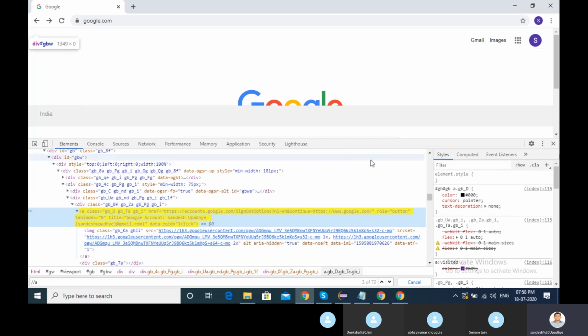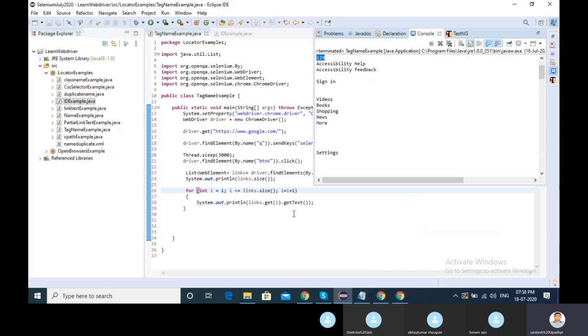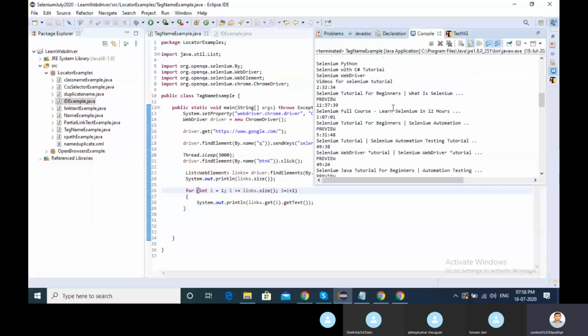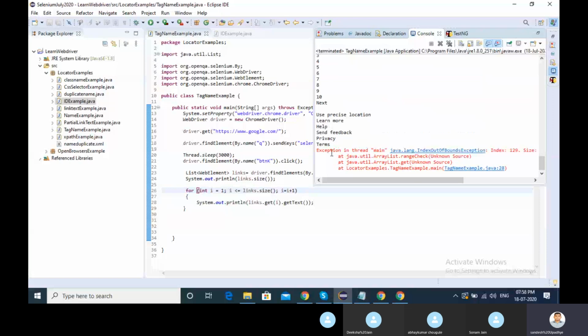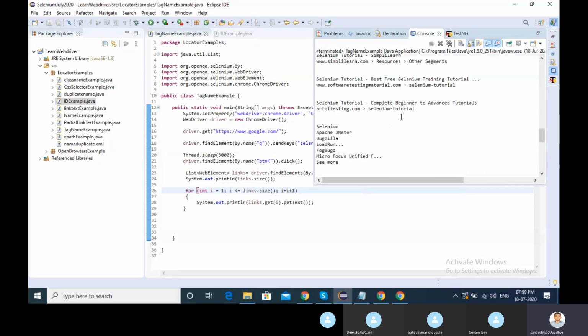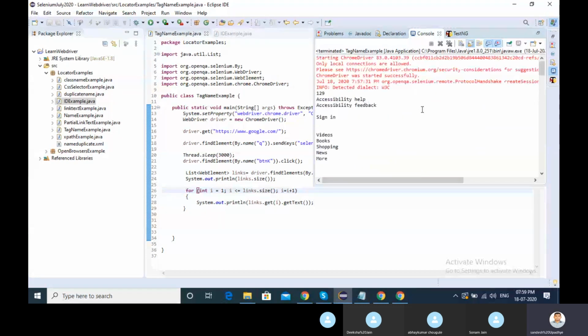So what I did here, you understood, right? The 120 links, the links I have entered, are printed here. Some exception is coming here, exception in thread main index out of bound exception, size 129. Anyway, we will look at that, but I want to explain these things to you. I want to search whichever anchor tag has some text. I just put some text over here, correct?